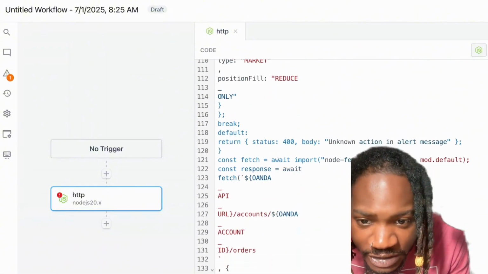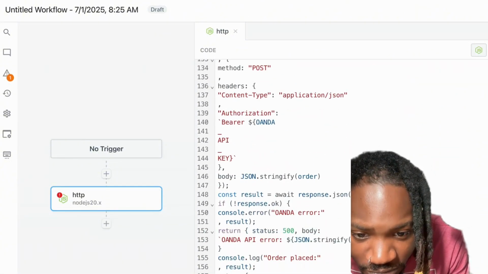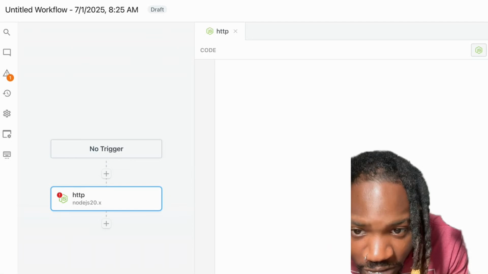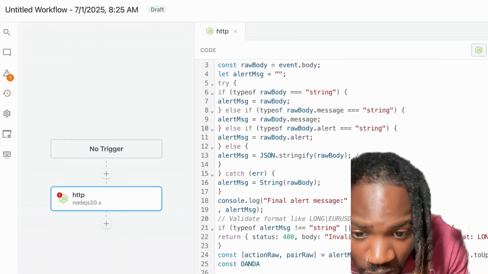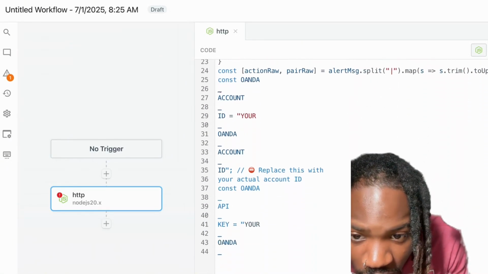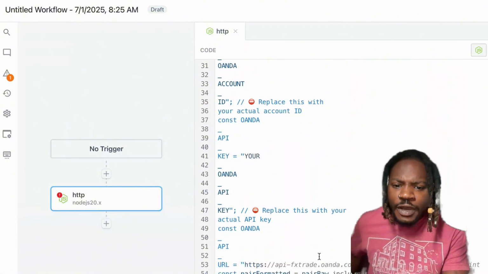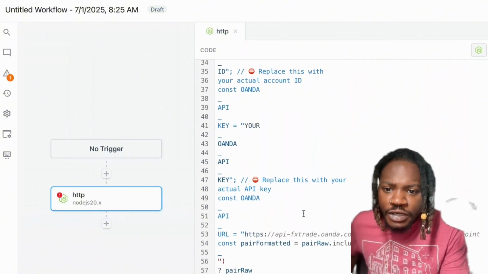I can go to it. It says it somewhere. I think up here. It's a little slow. Yeah. All this right here, you're gonna be replacing with your own